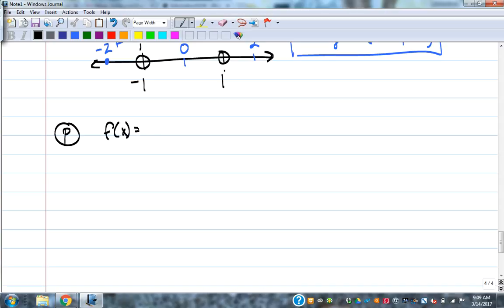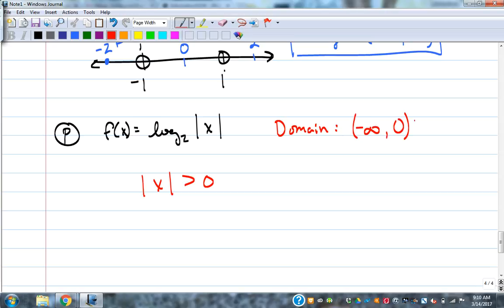F of x equals log base 2 of the absolute value of x. Taking the log of an absolute value. So if I set the absolute value of x greater than 0, it just can't be 0, right? So the domain goes from -infinity up to 0, and then from 0 to positive infinity. Because if I put a negative number in there, the absolute value takes care of that negative, gets rid of it. So that's why it just can't be 0. And then the range